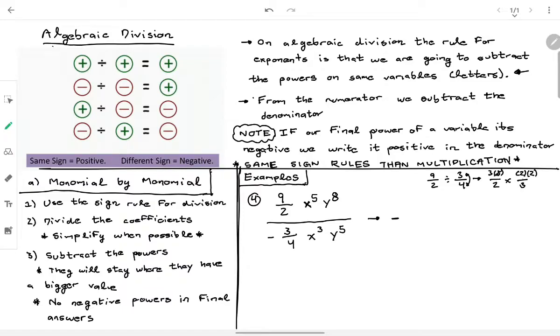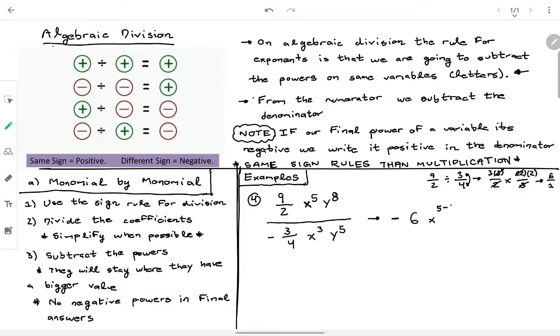So we can simplify this 3 with this 3, this 2 with this 2. So our final answer is going to be only 6/1, that is 6. So in this case, it's going to be 6. Then we are going to do